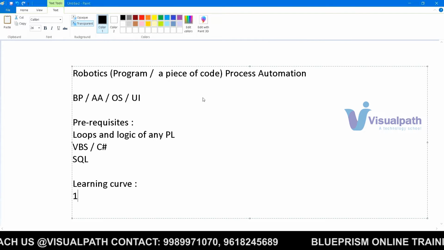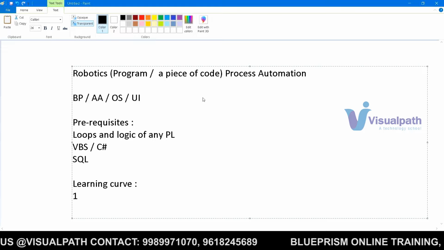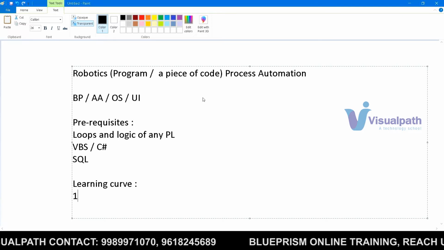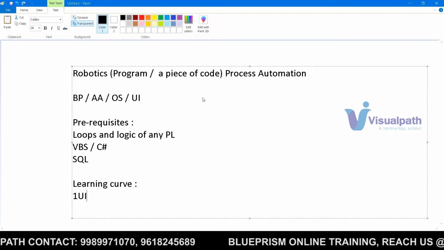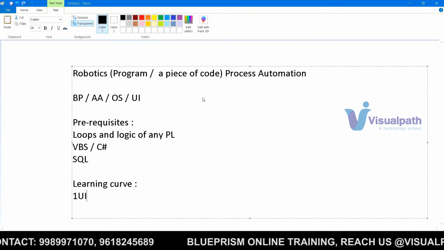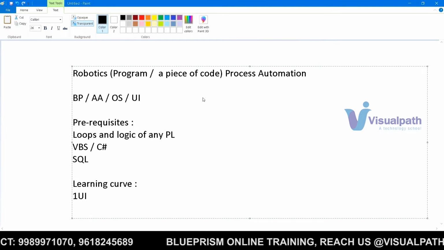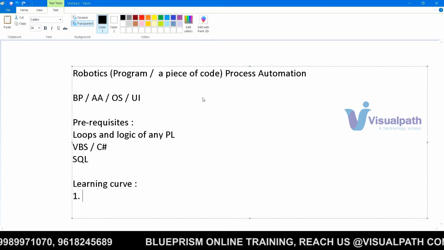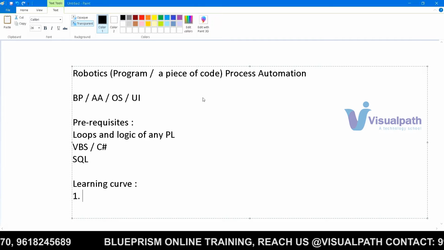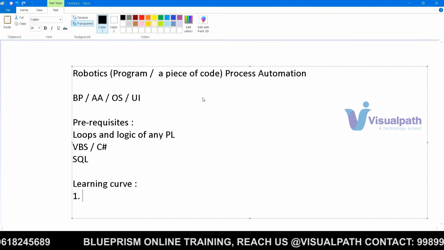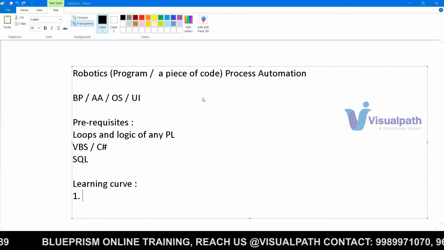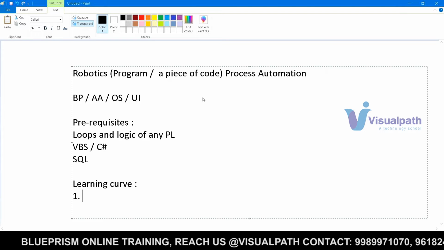So for the first question, which tool is better to start with? I would say any tool is better to start with, but even though I say that, there will be certain pros and cons for each tool, right? Take UiPath for example. It is a really good tool if you want really good growth in your career, because UiPath has recently emerged as one of the best tools in the RPA market. The only catch is that for UiPath you need a little bit of .NET knowledge,